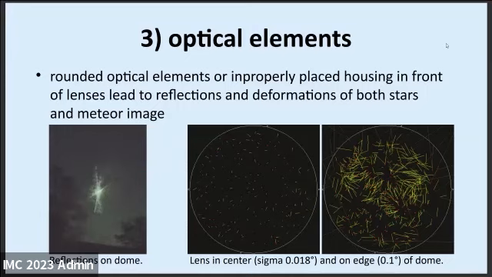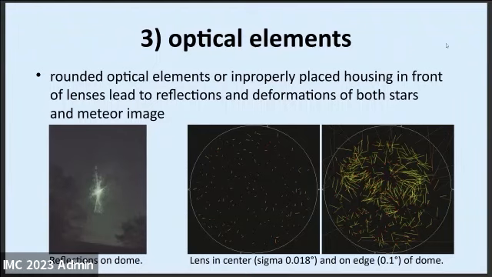Okay. And on the right side, you can see the astrometry of stars. It was just a test with one of our digital cameras with an all-sky lens that we placed under the dome. The left one is the image and the astrometry when the camera or the lens was placed in the center, and you can see that the accuracy is quite good, some 2/100ths of a degree